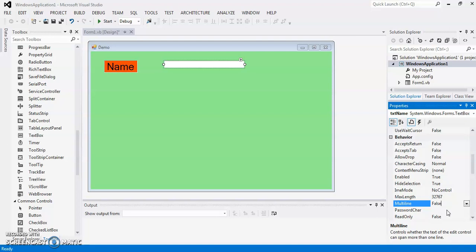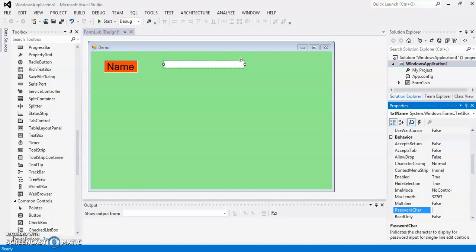The password char property: if you want to use this text box to enter a password, then you can set the password character. It can be dot, or it can be stars, anything you want to display as the password character. You can make it read only, which means you cannot take any input using this text box.